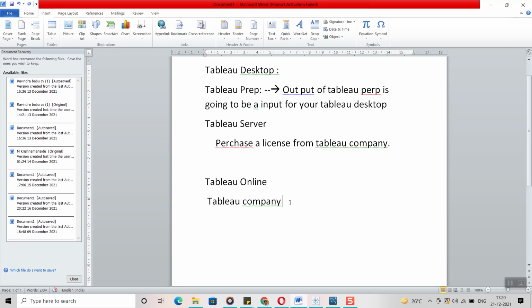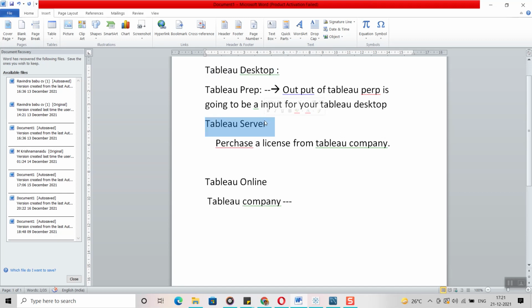Here we are not at all going to bother about the infrastructure, installations and upgrades, whatever the server administrator will do. If you go for Tableau Online, we just use the server that is there, just for the reports we have created.